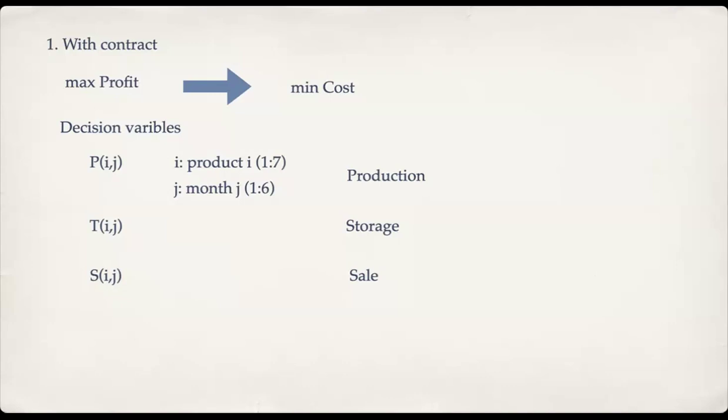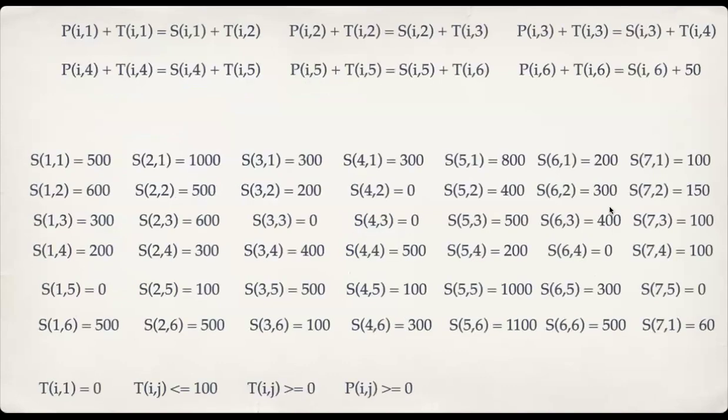What else do we have? We have Sij. Sij is the amount of product we sell each month. Okay, each product each month. So you see that each month, for example, we start from the first month,